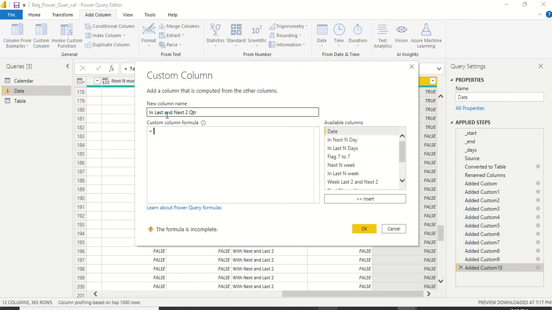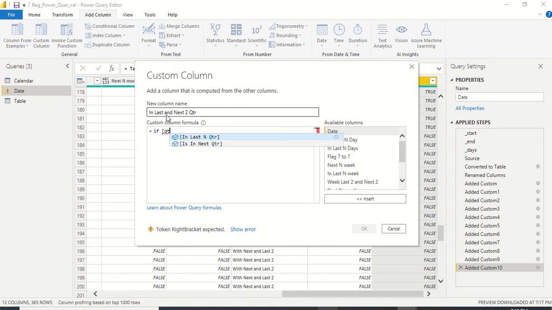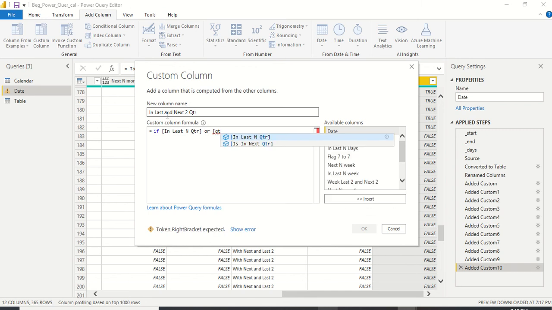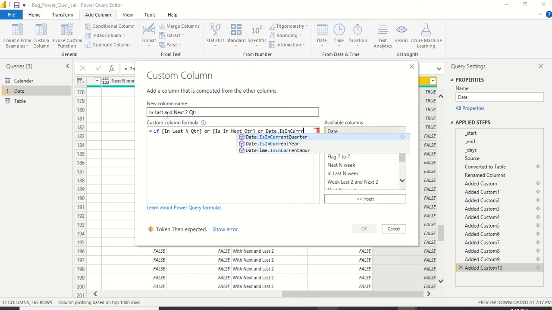Double click, we are here, and here we are going to say if, and we type quarter, last n quarter, and again we'll type quarter, so it should suggest last n quarter, next n quarter, or, since we have not created it in this table, we will check for is in current quarter and date.